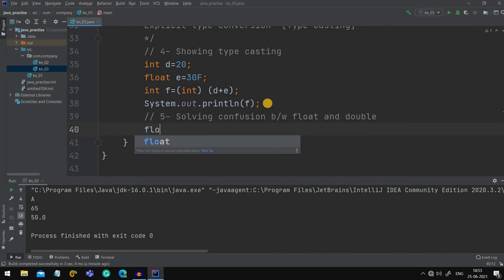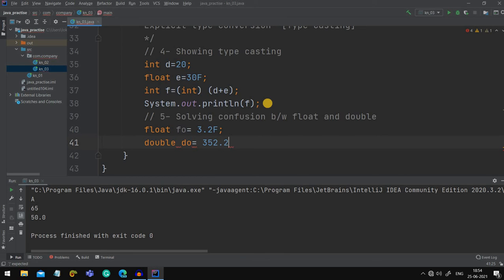Now you remember this thing, whenever you are writing float, suppose it is 3.2, never forget to give it a capital F. And whenever you are using double, never forget to give it a capital D. Okay, this will be a very good habit when you will be practicing this.